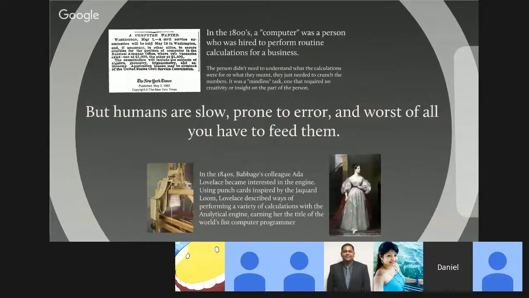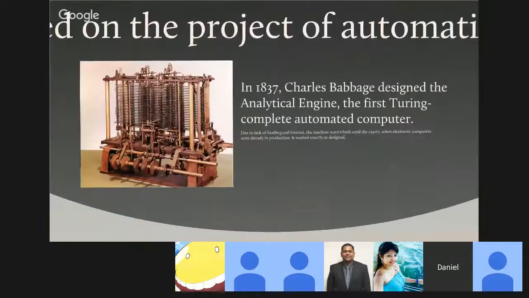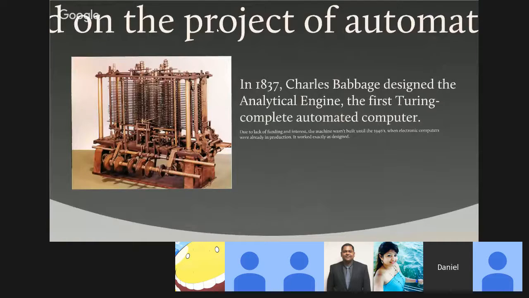But hiring people to do computational work is bad because, as we were talking about earlier, humans are slow and you have to feed them, they're expensive. So we've been looking for ways of automating computation ever since. Back in the 1800s, people had actually designed early computers. This is a little piece of the analytical engine by Charles Babbage. He had formally designed it, he had built little pieces of it,